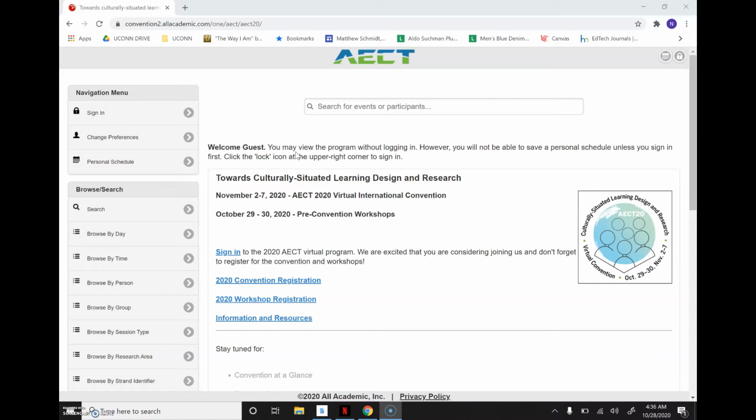So the first thing you want to do is log into your All Academic portal. I'm going to highlight the URL up here. Now this is a separate login page than your AECT login, so make sure you are going to the convention2.allacademic.com URL. Once you have done so, you should be at this page where there's a navigation menu at the